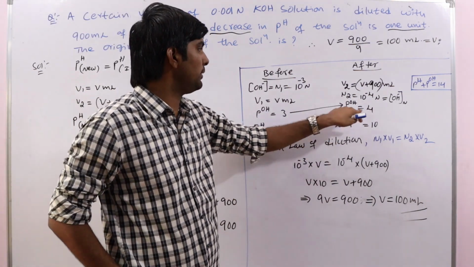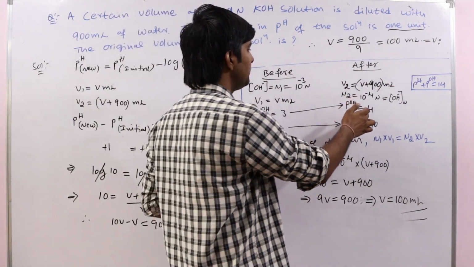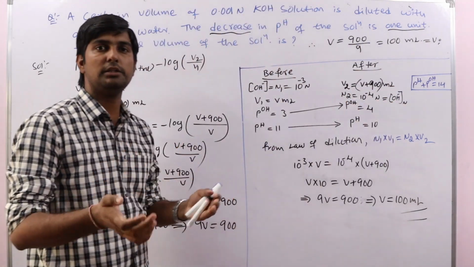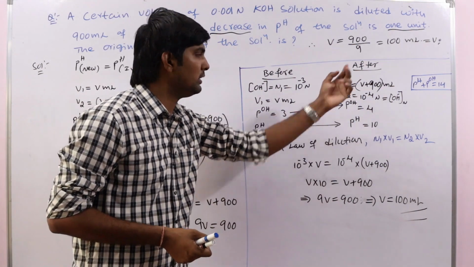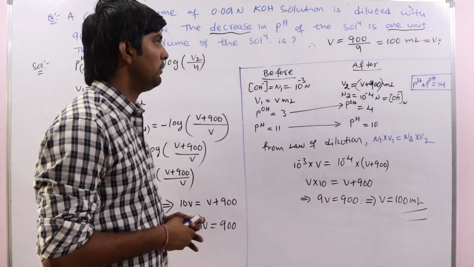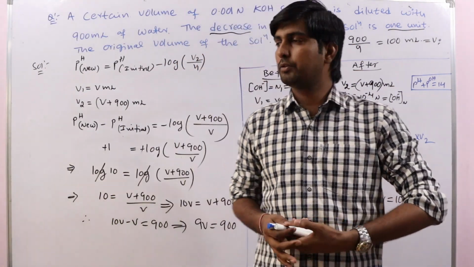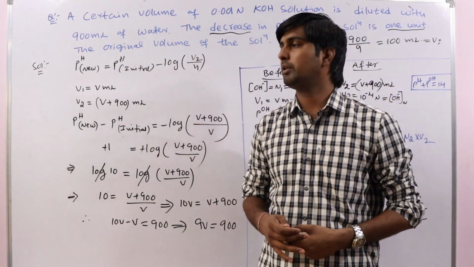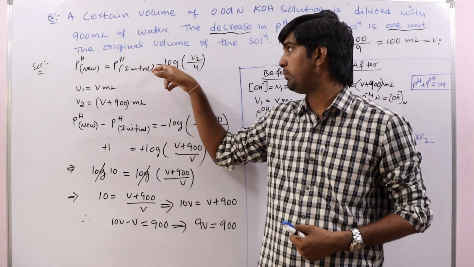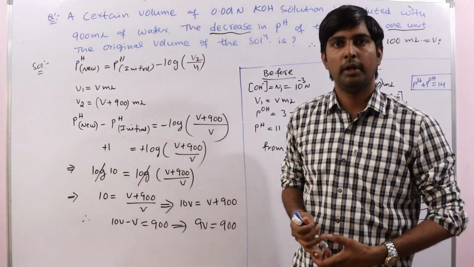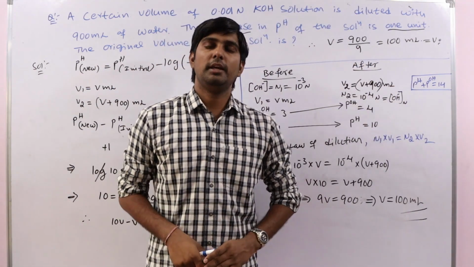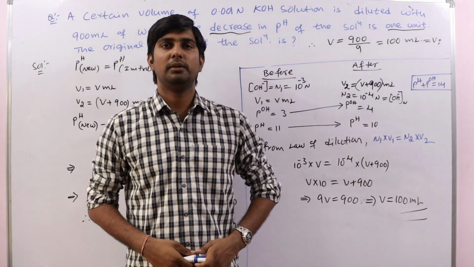If pH 10 means pOH will be 4. pOH 4 means OH minus ion concentration is 10 power minus 4. We are going in this way. Okay, so whatever it may be, for the acid solution also the same procedure. Here we get pH initial plus log V2 by V1. Okay, clear? So in the next lecture we will discuss some other problems. Okay, thank you.